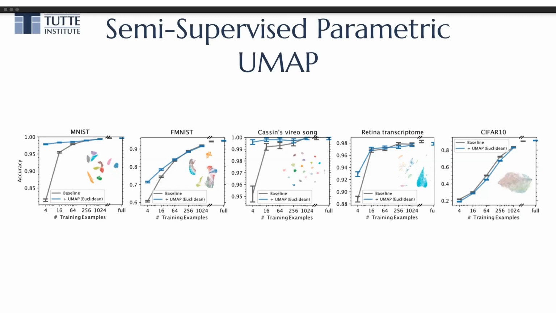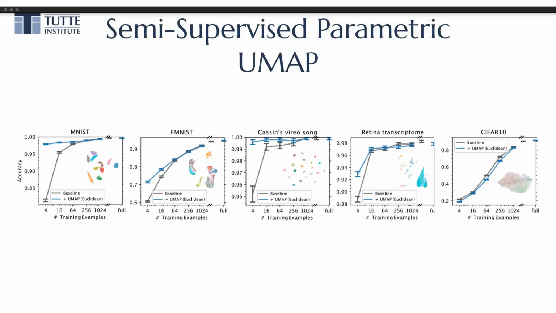Here you see, for example, MNIST, on the far left, achieving very high classification accuracy, despite only having 4 labeled items per class, and that's out of a data set size of sort of 70,000. That's very, very few labels. In contrast, a data set like CIFAR, which UMAP fails to do very much with, shows no boost in performance at all. Many data sets fall somewhere in between,